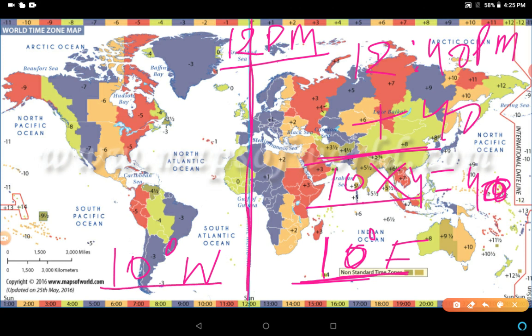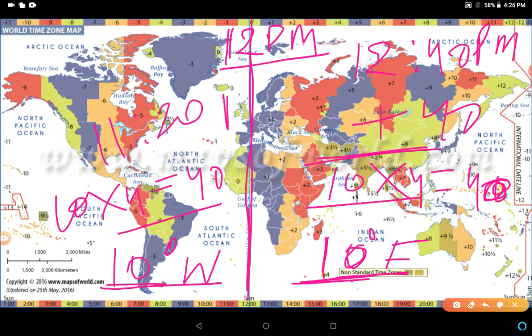In the same way, we will count the time for 10 degree west. So 10 multiplied by 4 means 40 minutes. The difference is 40 minutes. But ahead or behind, right? It depends on whether this place is situated in the eastern or western part. So in the western part, if it is 12 p.m. at GMT, the time in the country that is situated at 10 degree western longitude is 11:20 a.m. Getting my point?